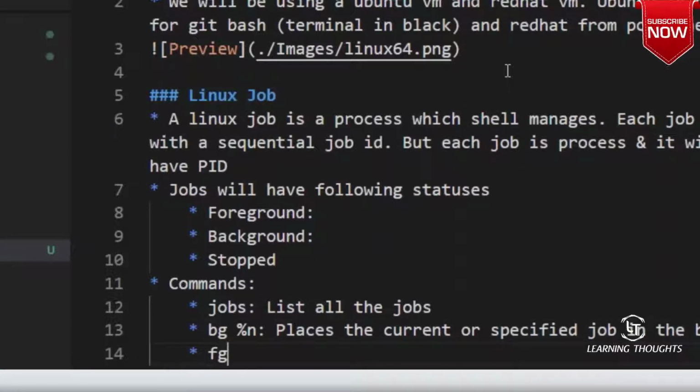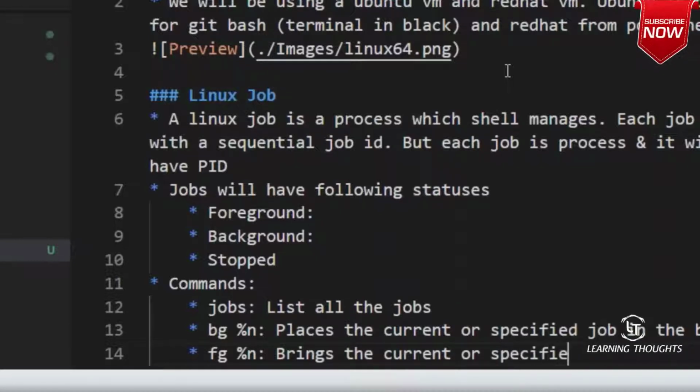And then we would have fg %n, which brings the current or specified job into the foreground. Here n is the job ID.